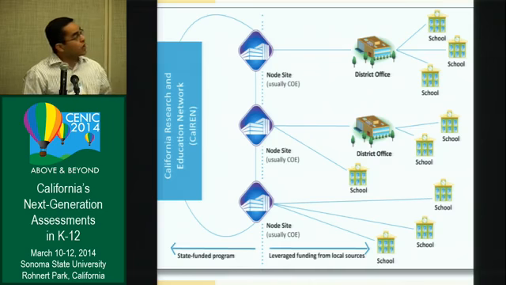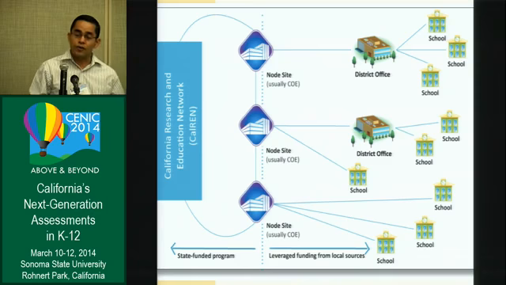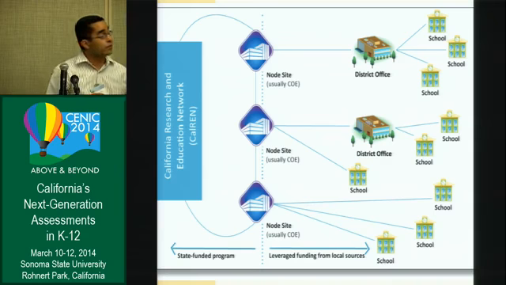So in K12, we have a model where we aggregate traffic. The CalREN backbone really doesn't have the ability to connect the 10,600 schools that are in California, not even counting charters. Charter is a little different. If you count charters, you're probably adding another 500 to 600 sites in California. And so we have 10,600 schools. We serve 6.5 million students in K12.